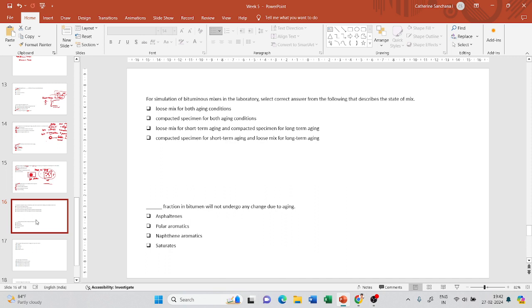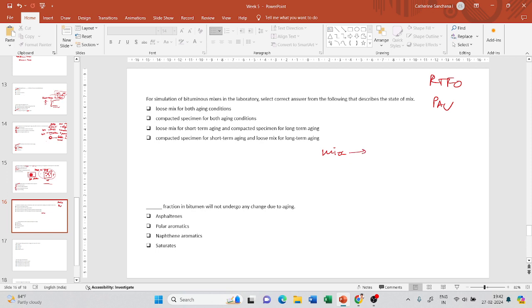So moving on to the next question. For simulation of bituminous mixes in the laboratory, select the correct answer from the following that describes the state of mix. So long we saw laboratory simulation of bitumen, where we did RTFO for short-term aging and PAV for long-term aging, right? In the case of mixes, okay,